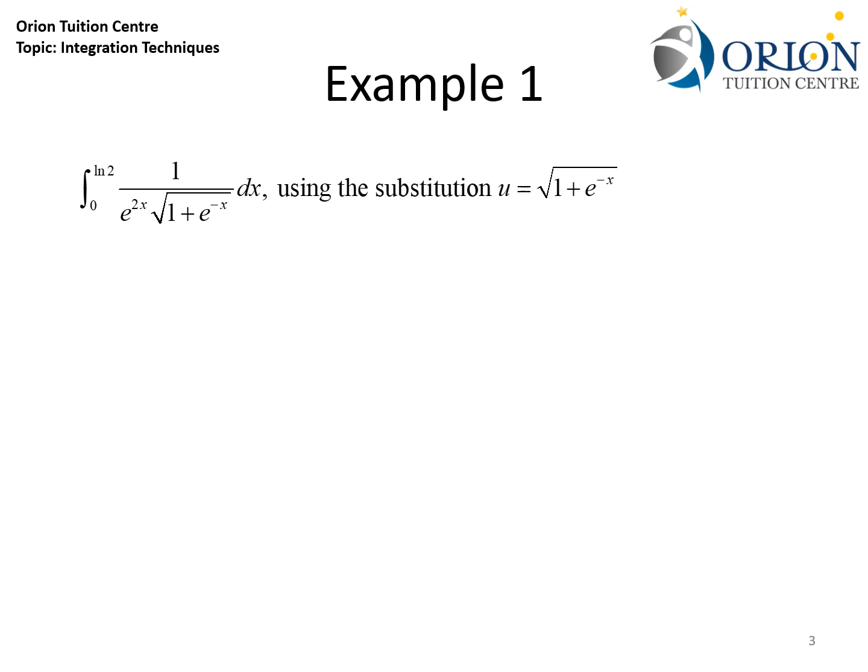In this example, I'm asked to integrate the term 1 over e to the power of 2x multiplied by the square root of 1 plus e to the power of negative x. So this is a very complicated expression for us to integrate, and therefore the question has provided us with an appropriate substitution to use. So following the steps that we have gone through earlier, the first thing I'll do is to differentiate this substitution. du over dx equals negative e to the negative x over 2 square root of 1 plus e to the negative x,